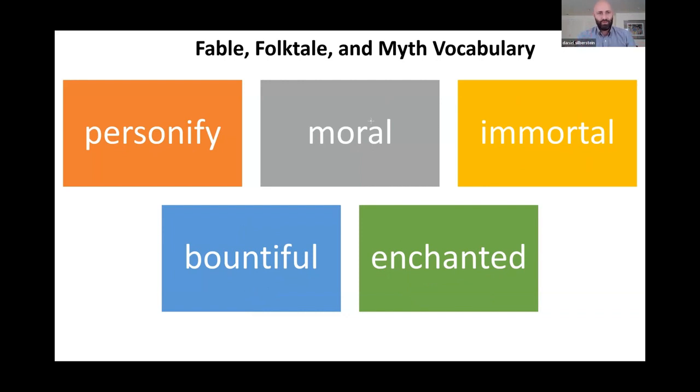Oh, that's an R-controlled vowel in moral, right? OU, that's a vowel team. Then we've got this I, right? What do you think that is? Oh, yeah, when there's a Y at the end of a word, you change the Y to an I, and then you add whatever it is, right? So all that sort of stuff you can talk about if you just do a quick little intro with